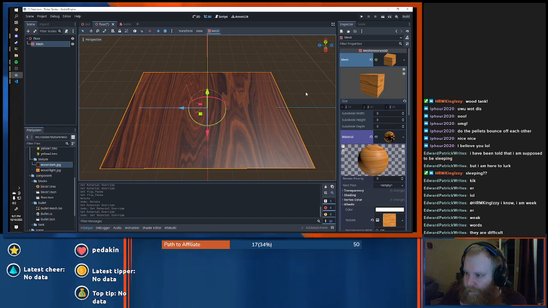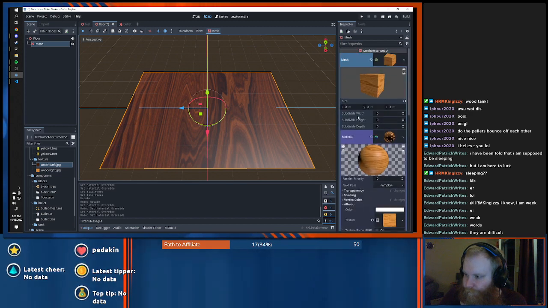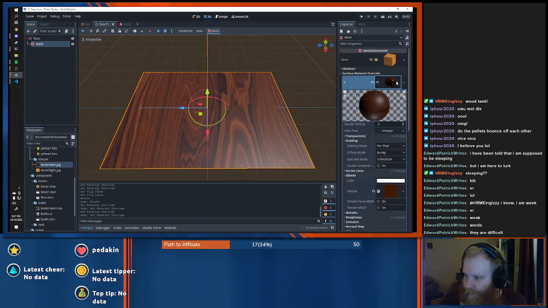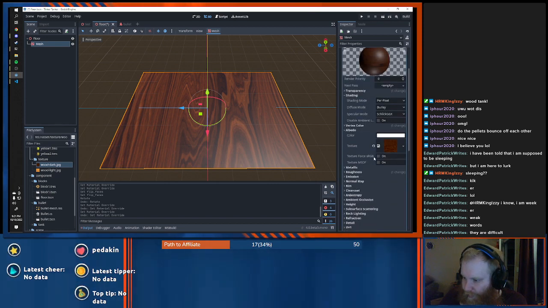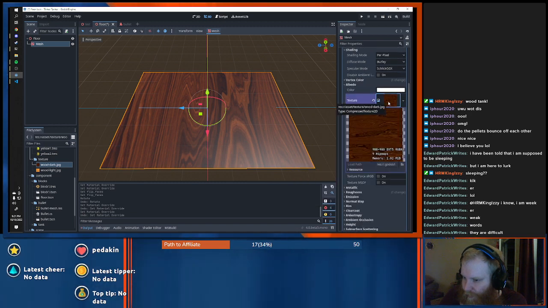Okay, so... Let's get rid of that. I mean, not get rid of that. Let's... Under priority, next pass, texture... Yeah, why did it do that? I'm gonna just look it up.